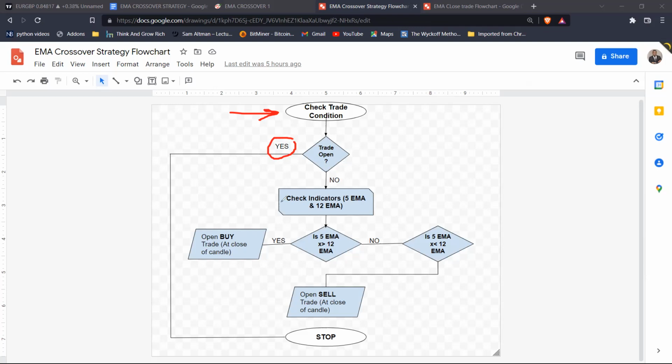So the next thing will be to check for the 5-period moving average and the 12-period moving average, as you can see here, right? So check if there are no open trades, then check the 5-period moving average and the 12-period moving average. Now, what is it checking? Remember that we had